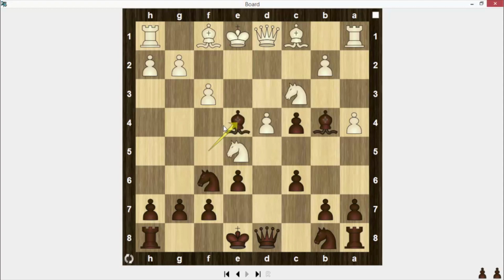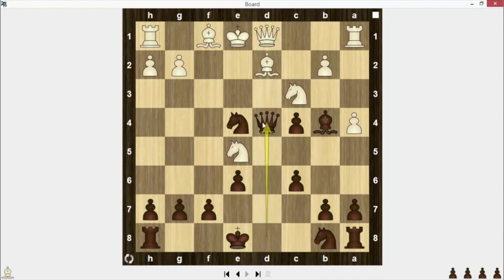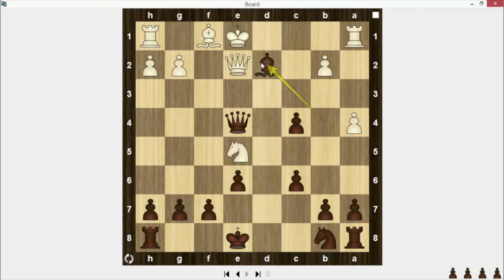black sacrifices a piece, pawn takes bishop, knight takes pawn, bishop d2, queen takes on d4, knight takes on e4, queen takes on e4 check, queen e2, bishop takes on d2 check, king takes on d2,